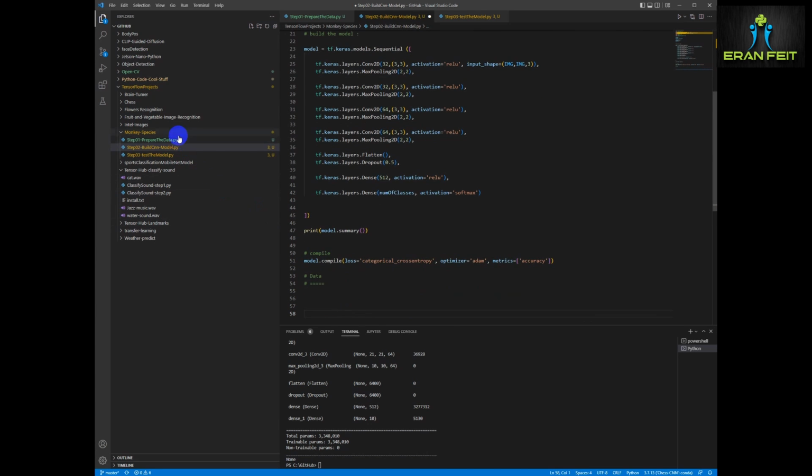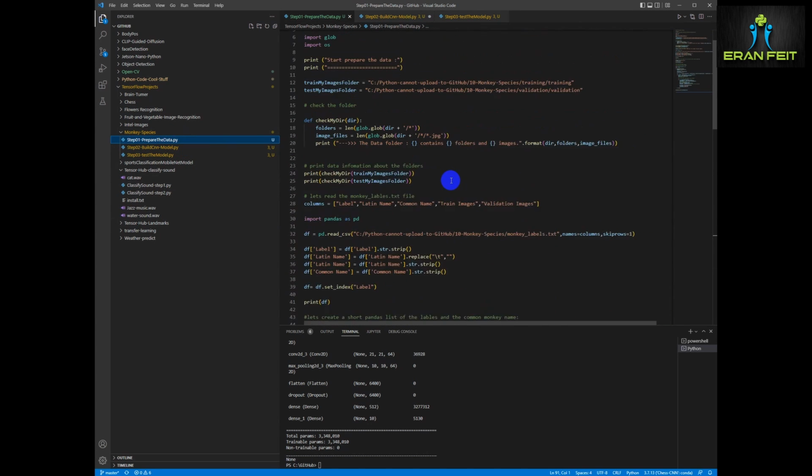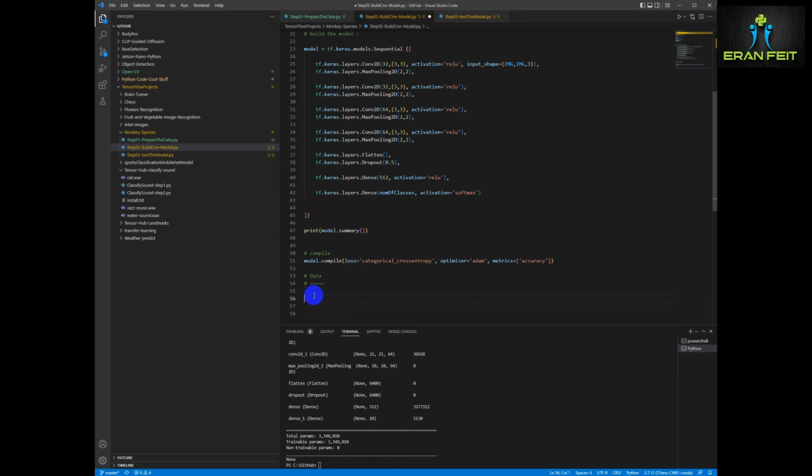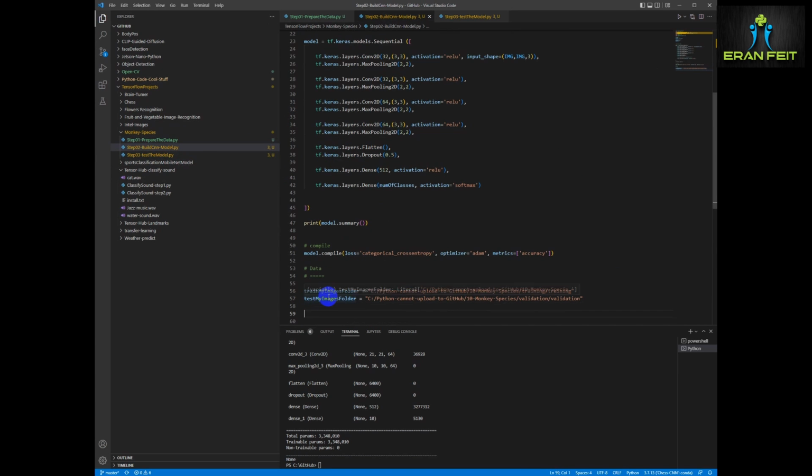The next step is dealing with the data. Since we don't have much data, as you can see, in each folder we have about several hundreds of images. We are going to use the data augmentation method from the Keras out-of-the-box functions. So first of all, we are going to build an ImageDataGenerator,